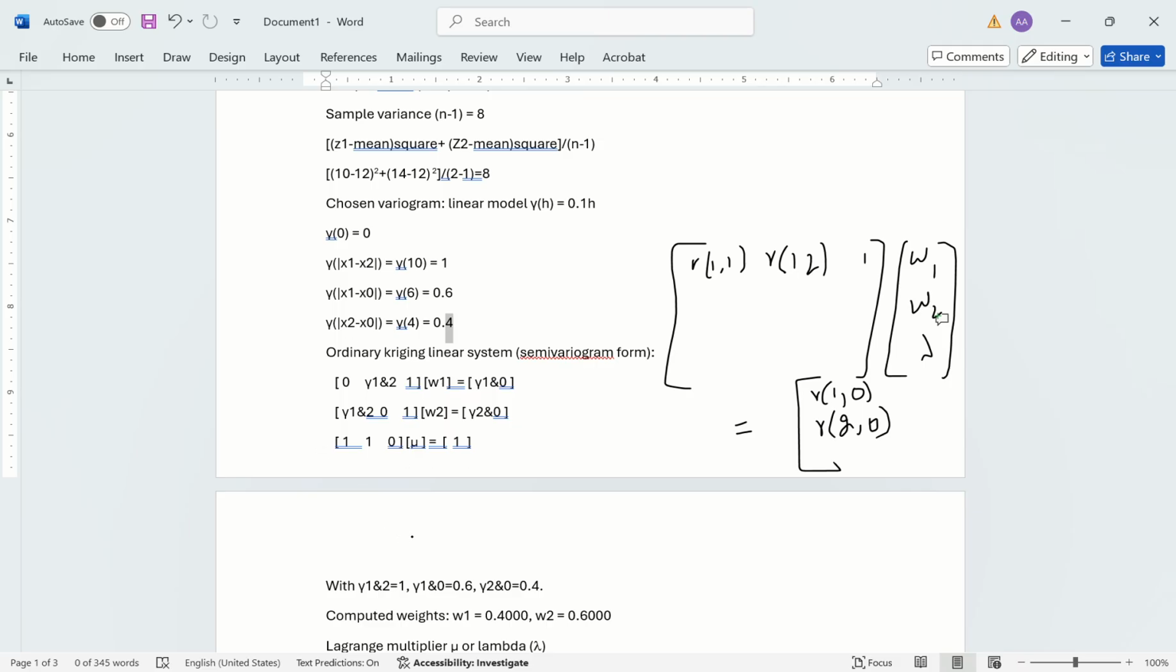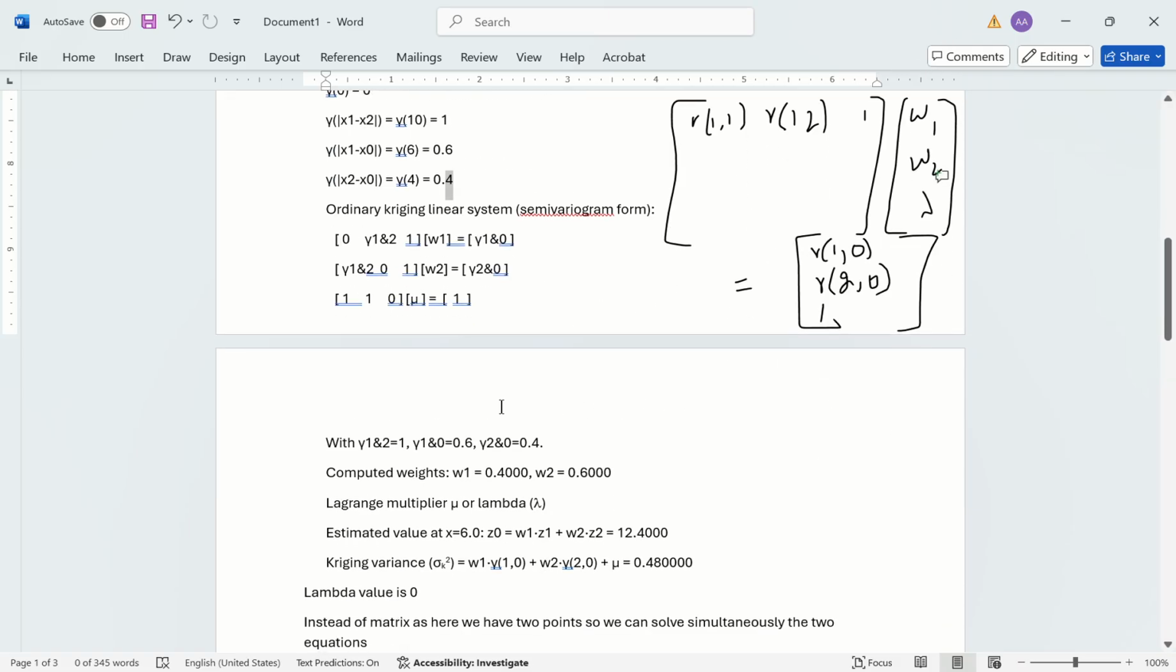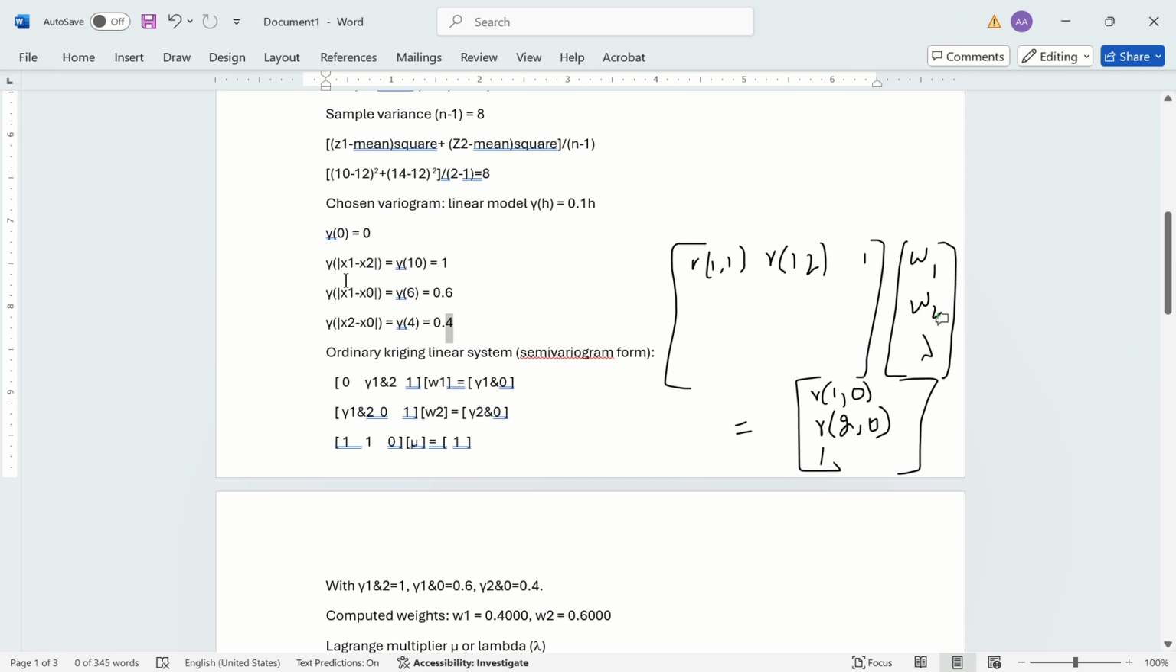And in the Kriging system, you know, the sum of weights is equal to 1. So here we have 1. This is the other matrix. Okay, so this is in matrix form. Now putting the values of this variance,